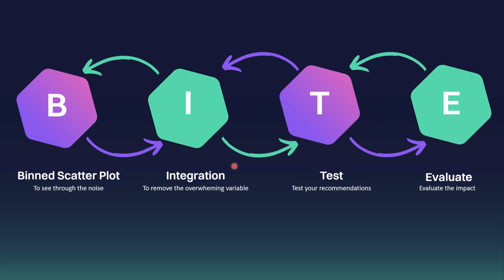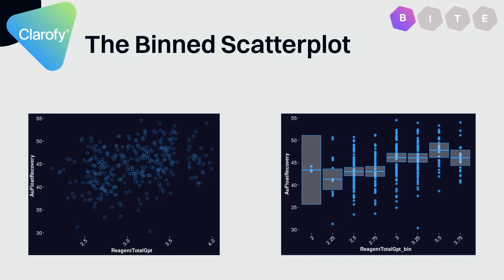Maybe you're making a model, maybe you're putting some other design stuff into it. Maybe you're creating an algorithm, maybe you're making some predictions. All that stuff would come on top of this, but these are first steps. So hopefully it's helpful, and let's go straight into bin scatter plot.